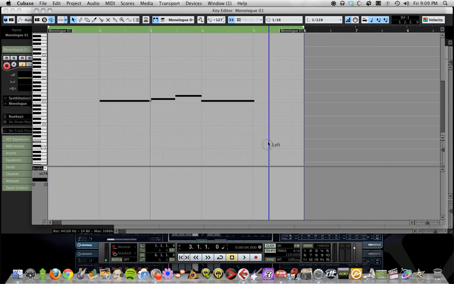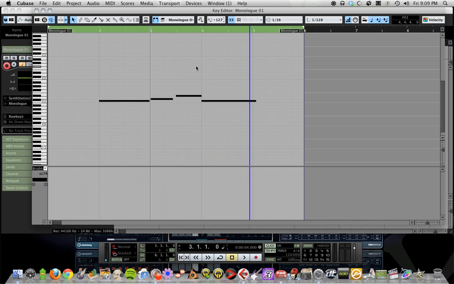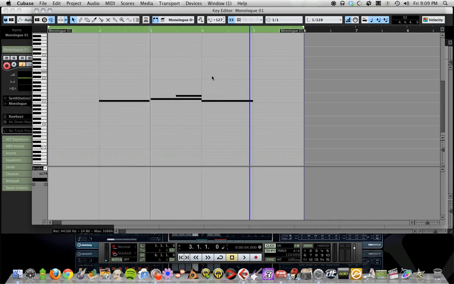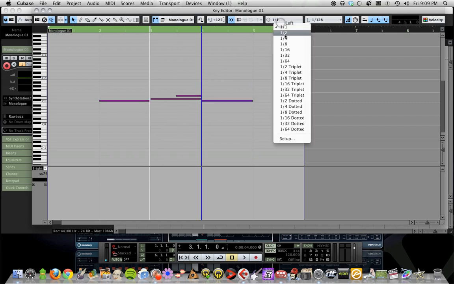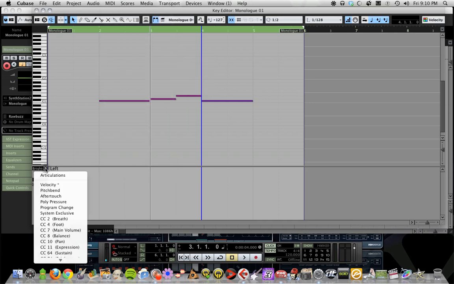So now we're going to click on it, and I'm going to hit quantize, and the other thing I'm going to do is go up to MIDI and go to advanced quantize and quantize the ends, except, hold on, let me undo that. I want it to the nearest bar, so that's why I did that. Now quantize ends. Whoops. Hold on. Easily fixed. Just go back to here and hit quantize, and boy, I'm not doing a very good job right now. All right, there we go. Okay, now